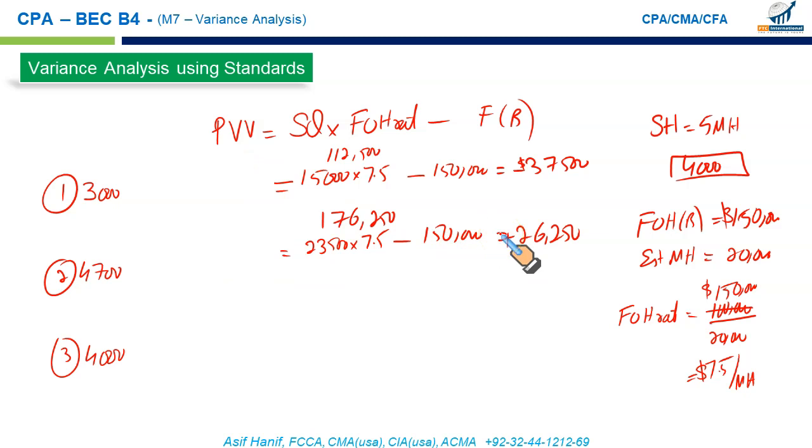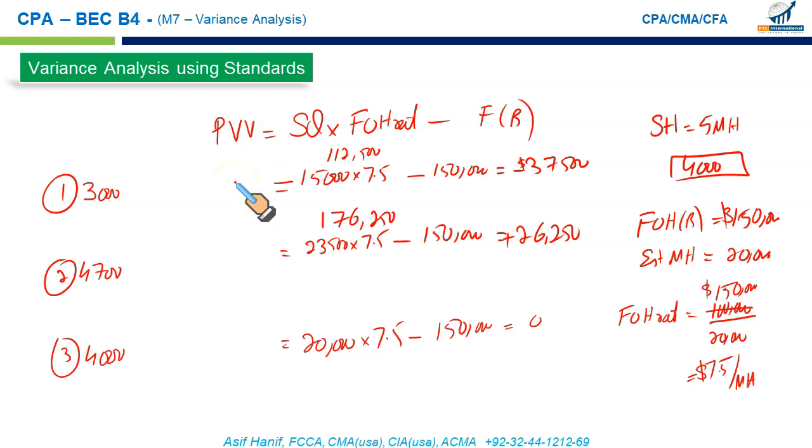Then in the last case, you produce exactly what you thought you would produce: 4,000 units, each requiring 5 hours as per the standard. So your total standard quantity of hours should have been 20,000. The application rate is 7.5, and the fixed overhead budget is 150,000. If you calculate, the result is nil, so there is no volume variance. You produced exactly what you were supposed to. So the volume variance calculates the deviations from our expectations, what we thought we would do and what we actually did. So we have done all the variances from the cost side: material, labor, variable overheads and fixed overhead.